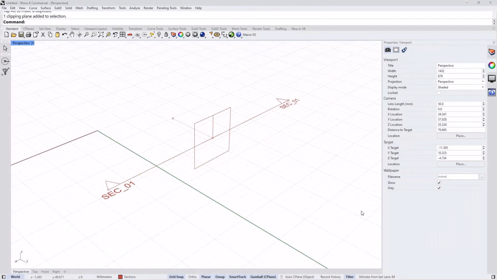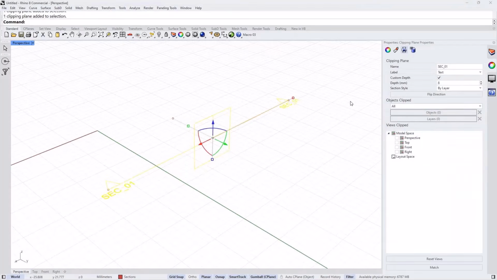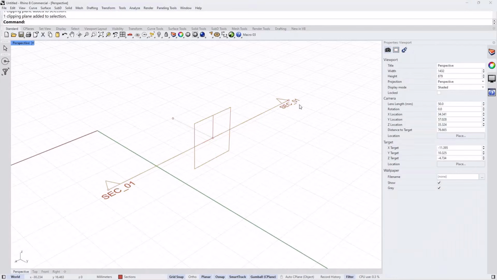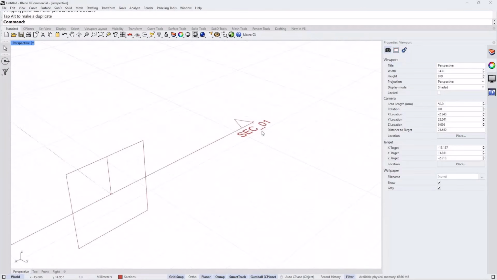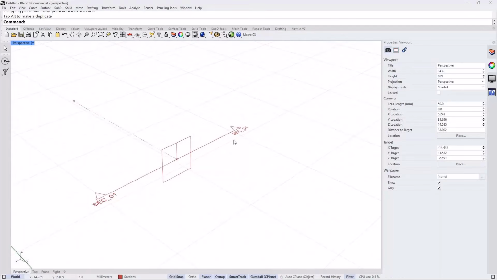Okay, it's kind of clear enough, right? But the one thing to notice is that for now, for Rhino 8, we don't have special styles associated with the name of the clipping plane. It basically scales with your clipping plane. So if it is smaller, this is gonna scale with it. And it uses the default